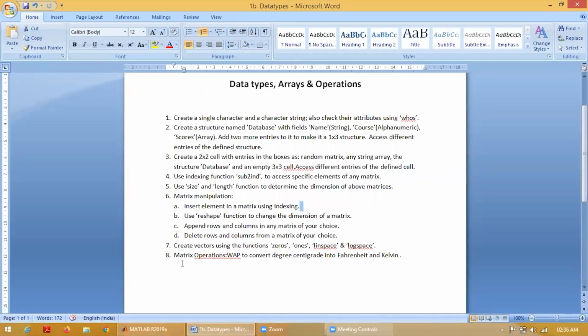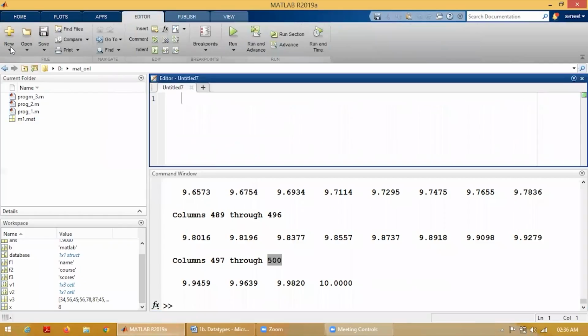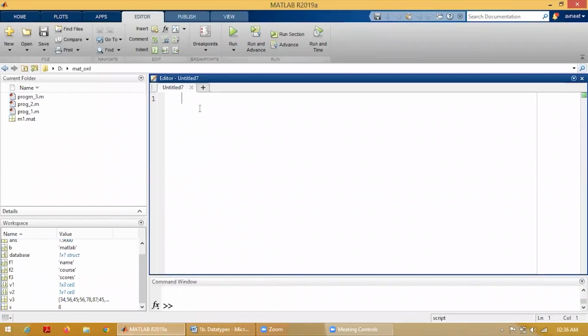So the eighth question is matrix operation. Write a program to convert degree centigrade into Fahrenheit and Kelvin. Okay, let us write one program. And as I have advised you, always use this script window to write any program. All right, so here we have used this script window. My question is, I can copy my question